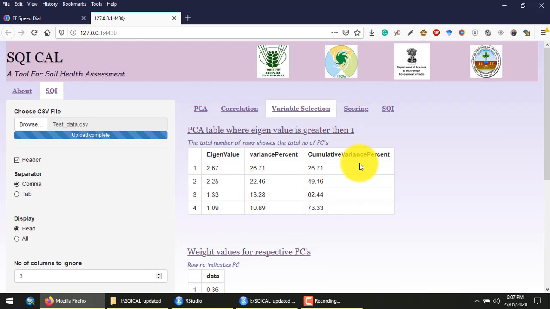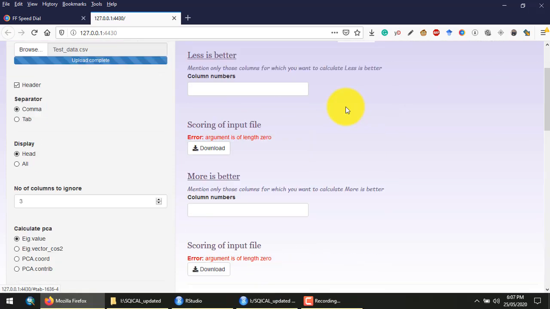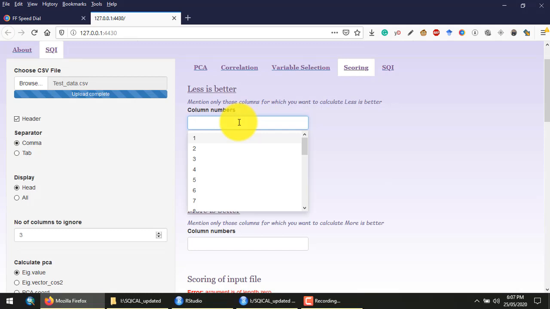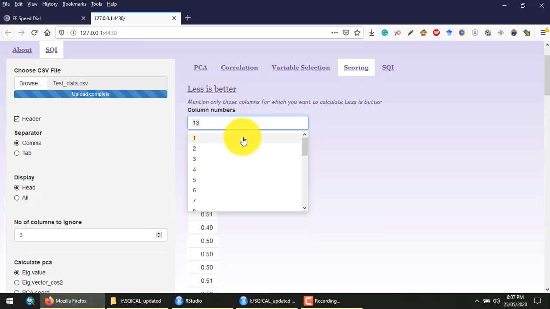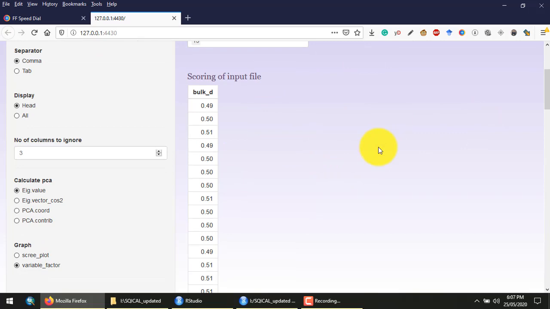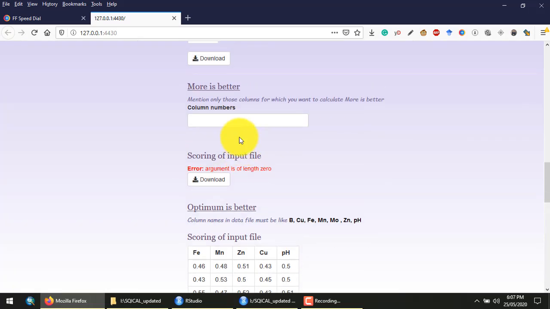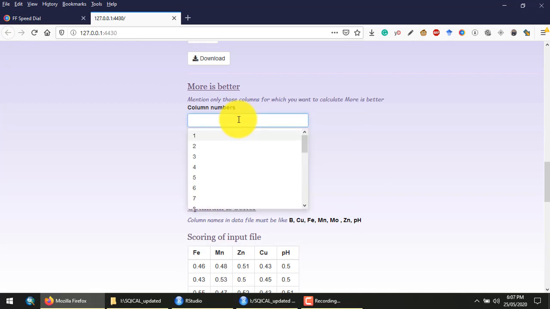Now move to the next tab, the scoring tab. Here, for less is better, as we mentioned on the very first screen, bulk density follows the less-is-better scoring function, so we need to put 13. Then you see it automatically calculates the scores for bulk density. Now move to more is better: 6 is available potassium and 12 is organic carbon.